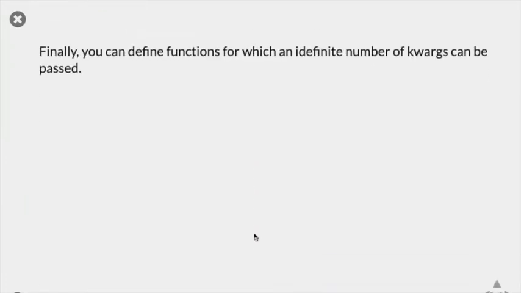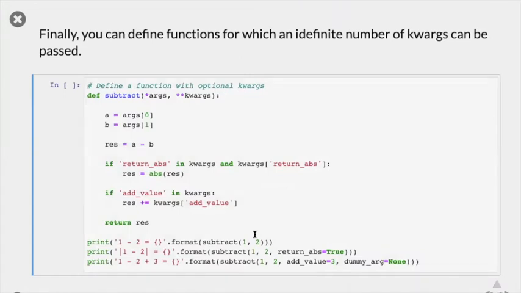Okay, so let's look at some other things that we can do with this. Imagine now I have a function called subtract, and I'm going to give it some undefined number of positional arguments and some undefined number of keyword arguments. Effectively, these could be infinite because I have no limit on the number of positional or keyword arguments I can specify. It's expecting at least 2 positional arguments because I'm going to look up argument 0 and argument